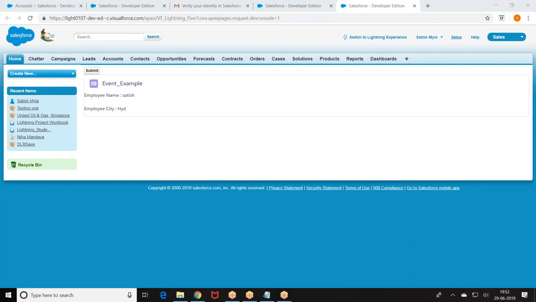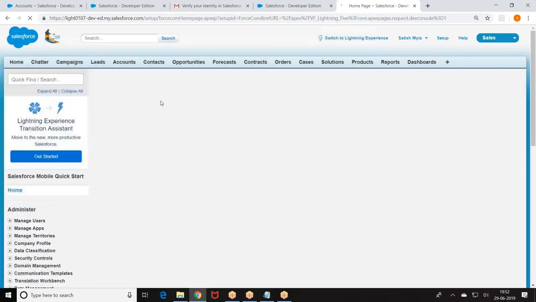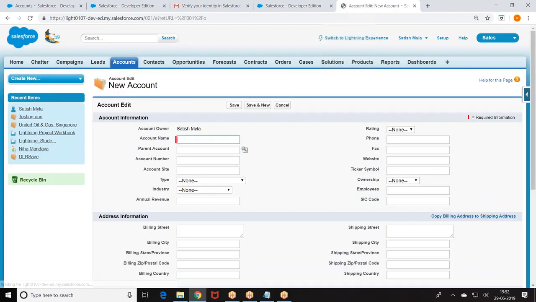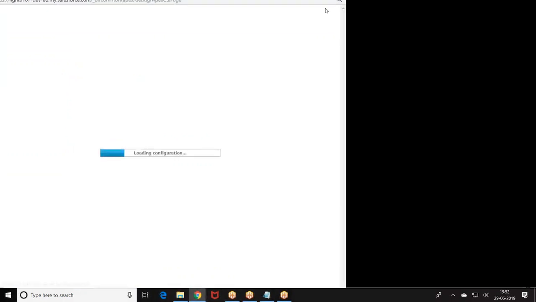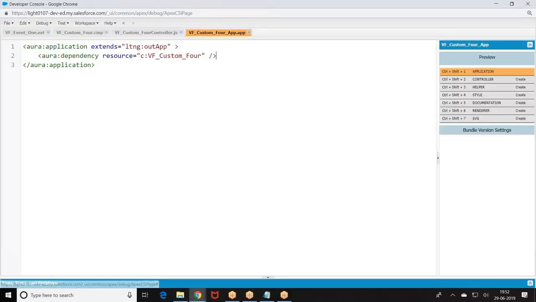So let me take a quick example here. I have this standard functionality, new. When I click on new, this page is opening. This page I want to replace with my Visual Force page. My application is not migrated to Lightning. My application is classic only.